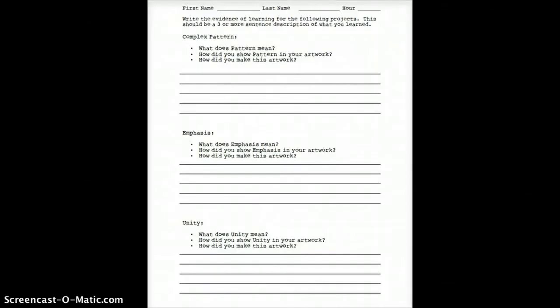The next few pages are about a digital portfolio that is actually their last assignment that they will turn in for the quarter. I like letting my students know from day one what their expectations are going to be even on the very last day of art. Plus, this helps them know what I'm going to ask them to tell their parents or put into their digital portfolio at the end of the quarter.